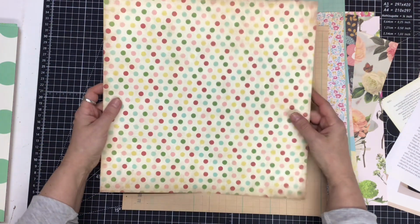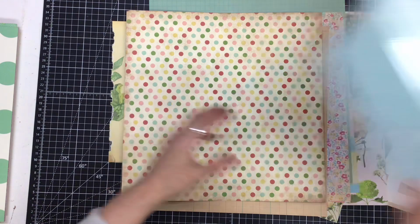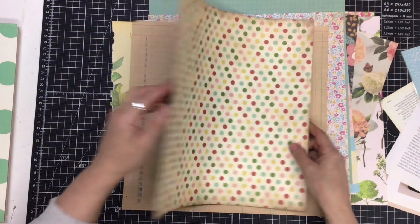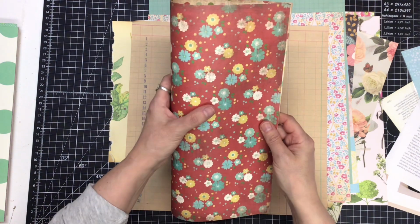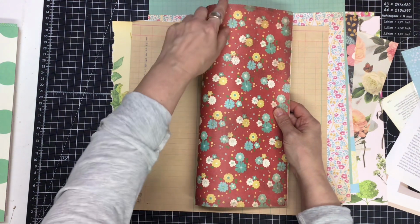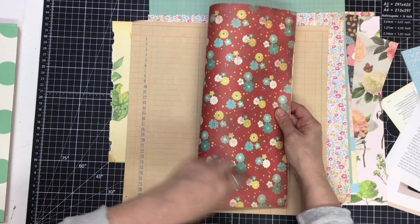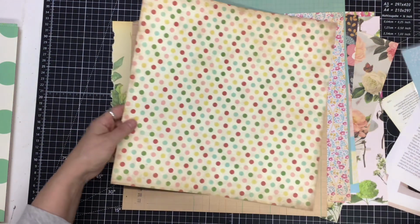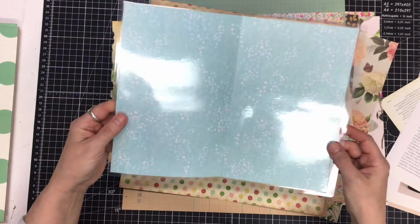So the question really is the size. Do I want it to be this size or do I want it to be the bigger size? Traditionally, I do prefer the longer, like I cut some of the bottom. So this is going to be about 11 by 6. Or do I want something a little bit smaller because it's going to be...